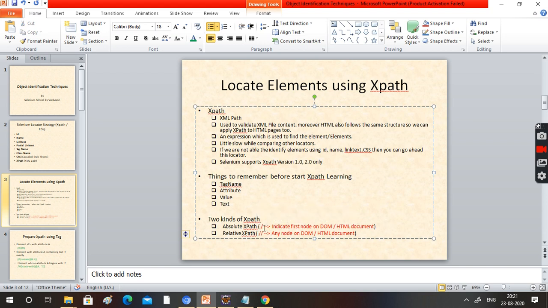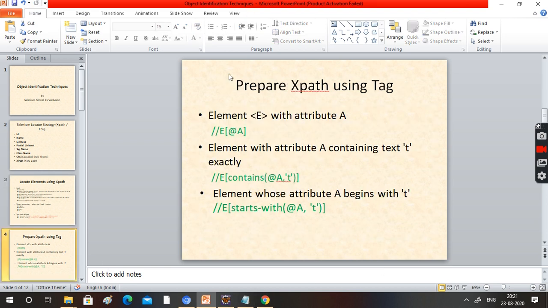For absolute XPath, immediate element means you need to use single forward slash. Immediate next means single. Somewhere in the DOM, anywhere located, means double forward slash. Okay, let's go one by one in detail in the coming video.